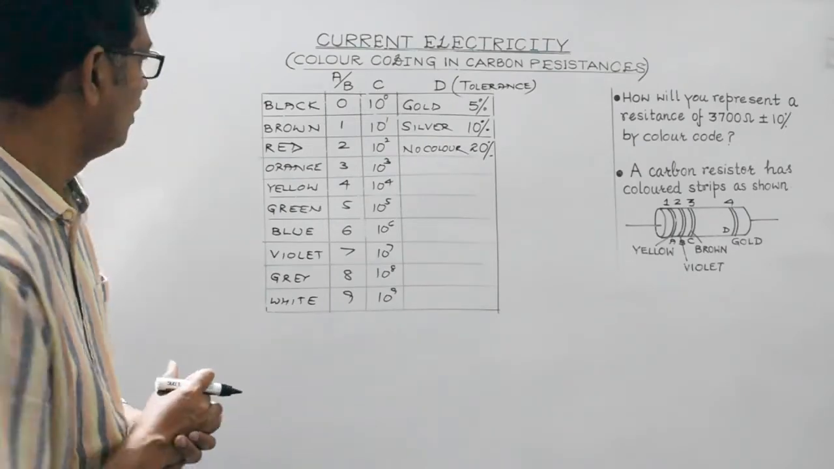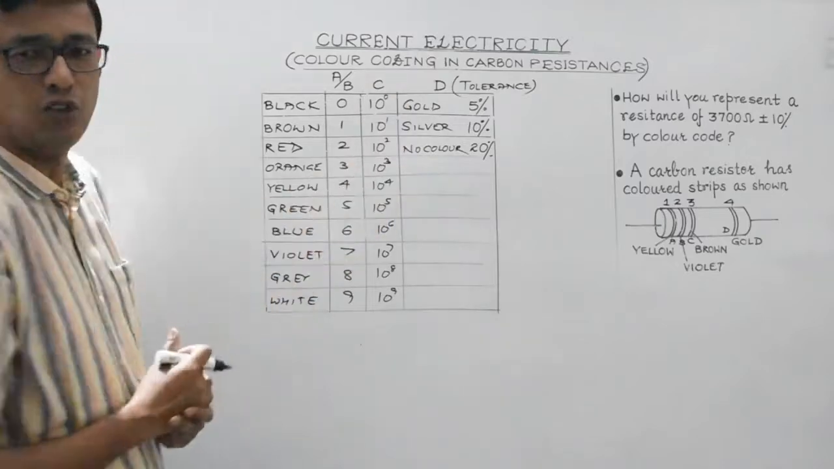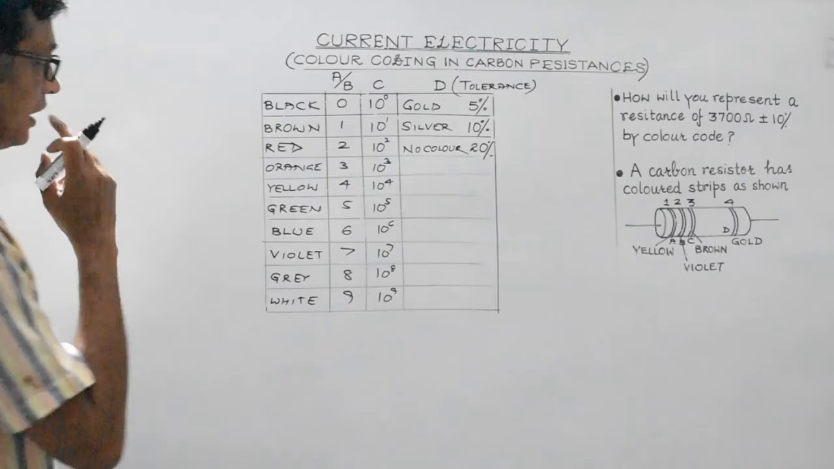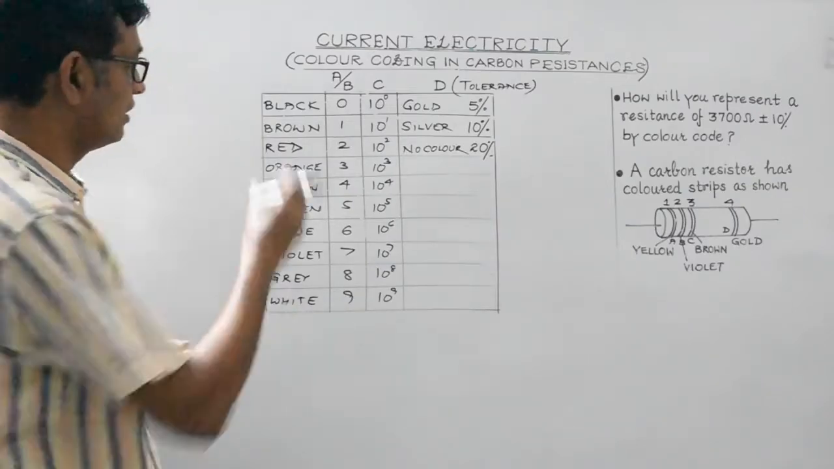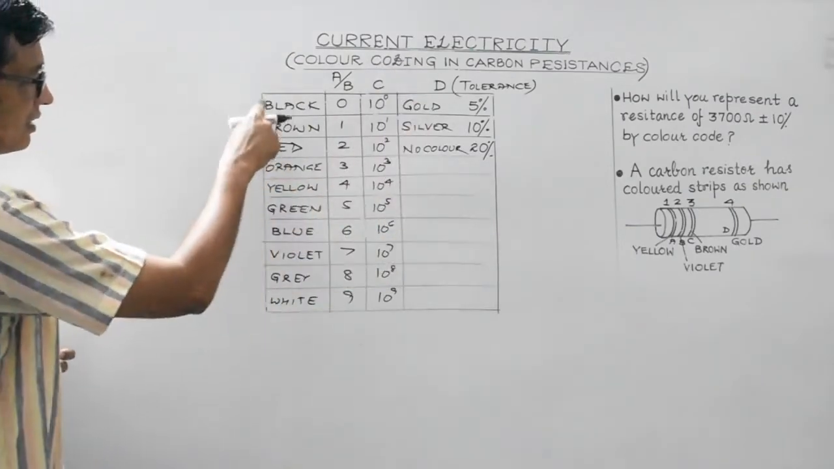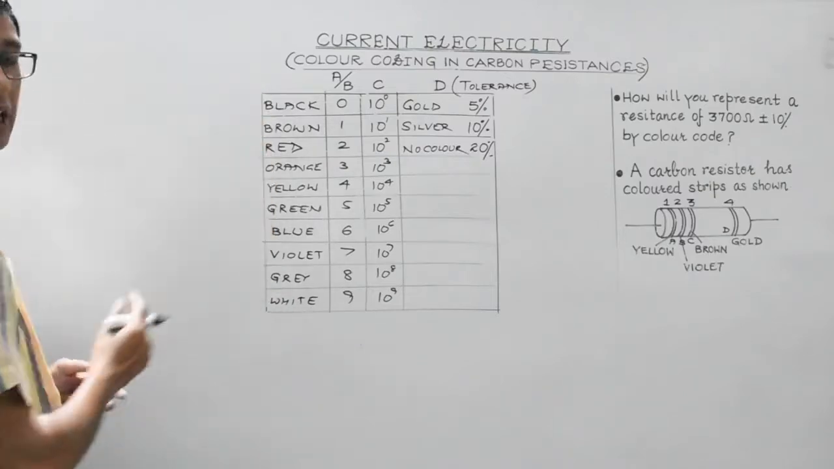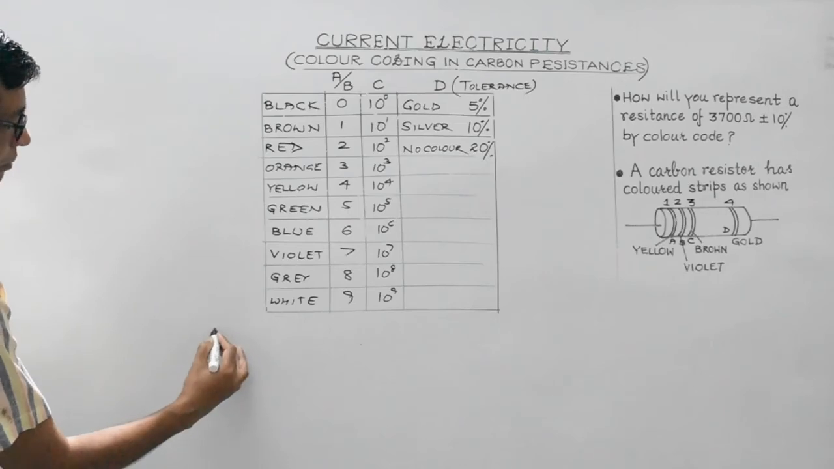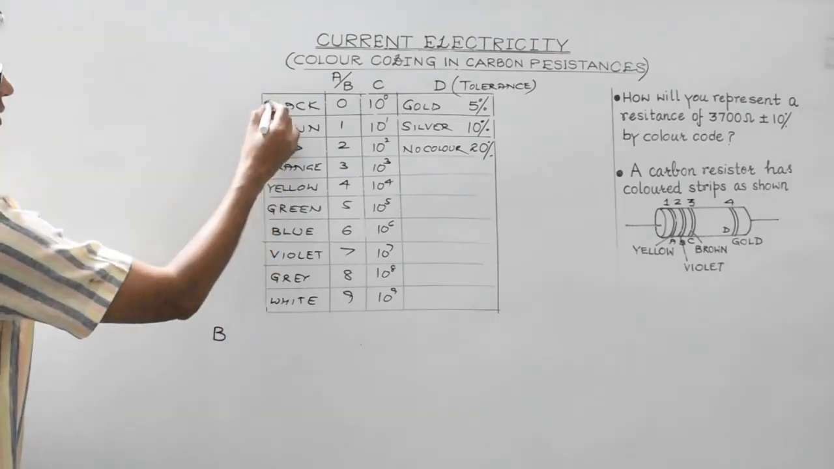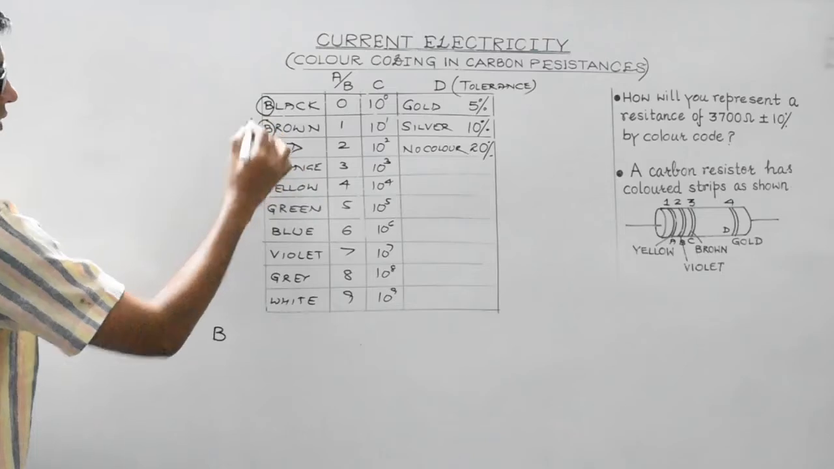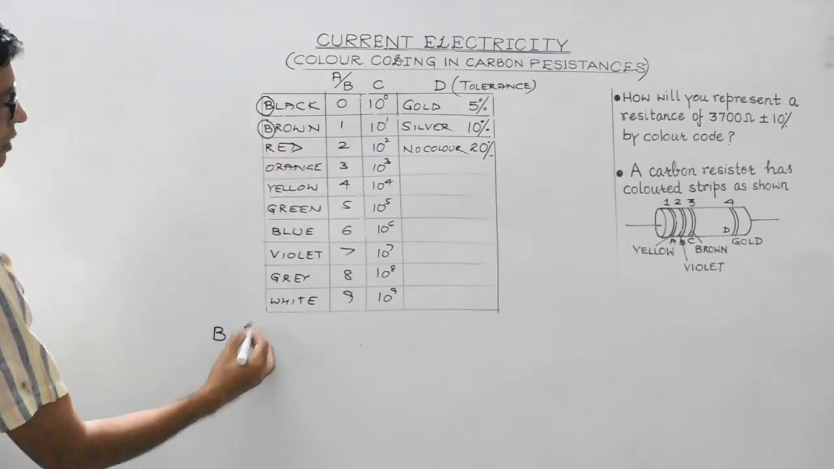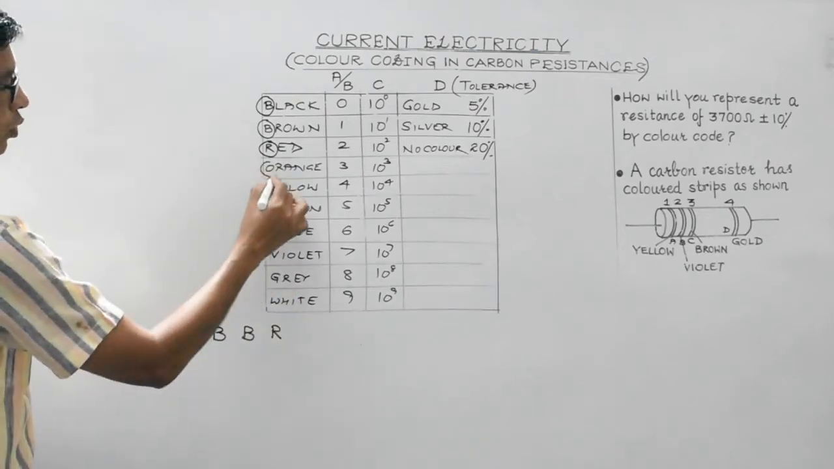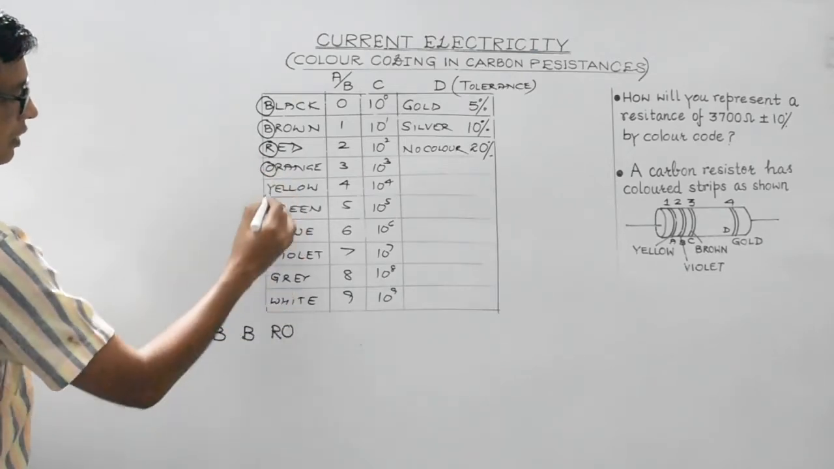Right, students? So how to remember this? There is a very interesting thing by which you can easily remember this sequence of colors. Let's consider the first alphabet of each color, right? So what do you get is B, then again B, then R, then O, then it's Y,